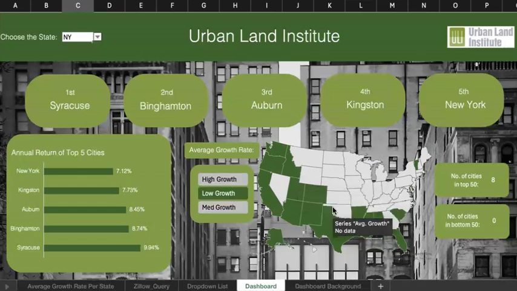One trend I found really cool here is that as we went across from high growth to low growth, overall the states highlighted went from the northeast up in this area down to the west and southwest. So that's kind of a cool trend just to show you where the high growth areas are as of right now and as of the past year versus where the low growth areas are over the past year.